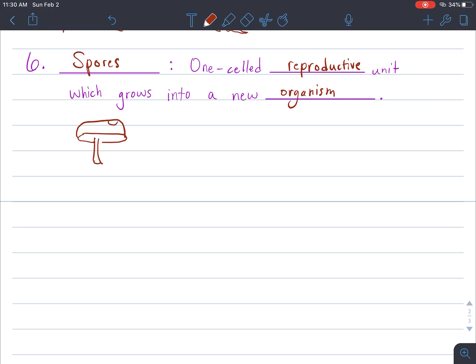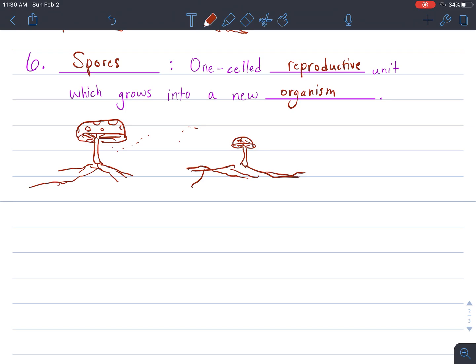So if you were to look at a fly amanita, these have spores here in the gills, and the spores in the gills fall and also drift into the wind to make a whole new fly amanita here for this example. And these are mushrooms, so they have all these hyphae which go through the ground. It's like the root structures. It's actually more of the plant body. But anyway,